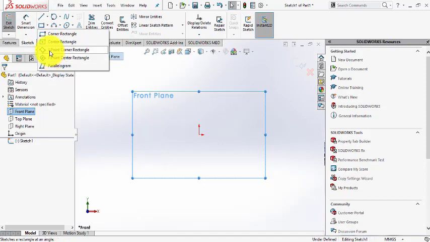Here there are 5 rectangle commands. The first is corner rectangle, second is center rectangle, third is 3-point corner rectangle, fourth is 3-point center rectangle, and the last is parallelogram. In corner rectangle, we define the dimension from the first corner to the other corner passing through the same diagonal,